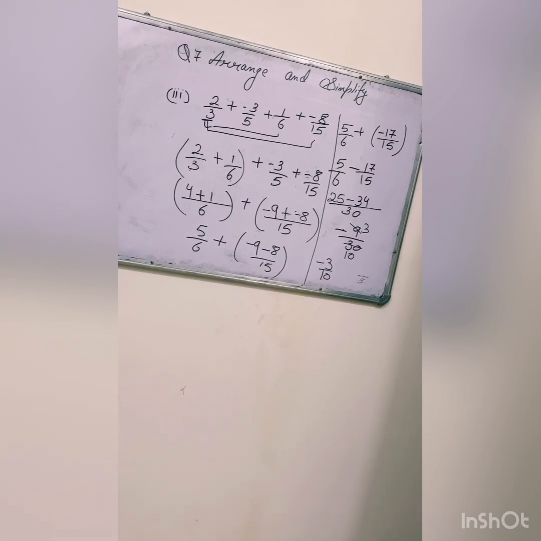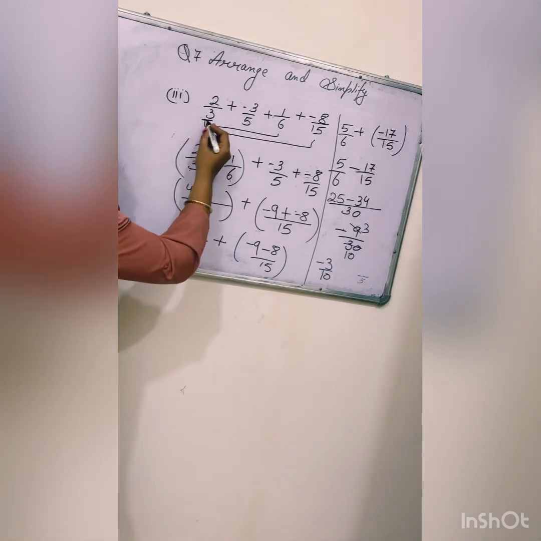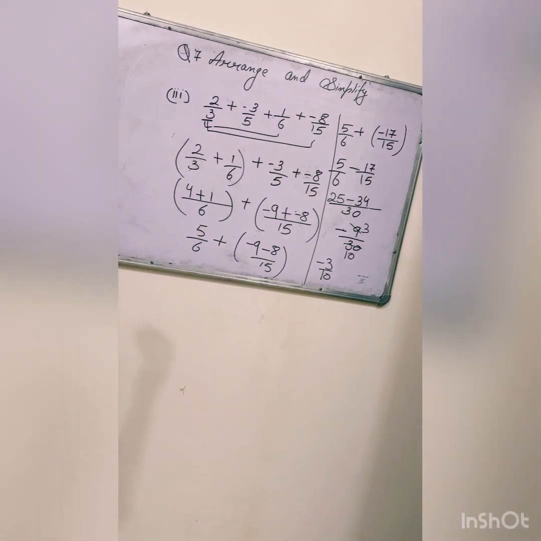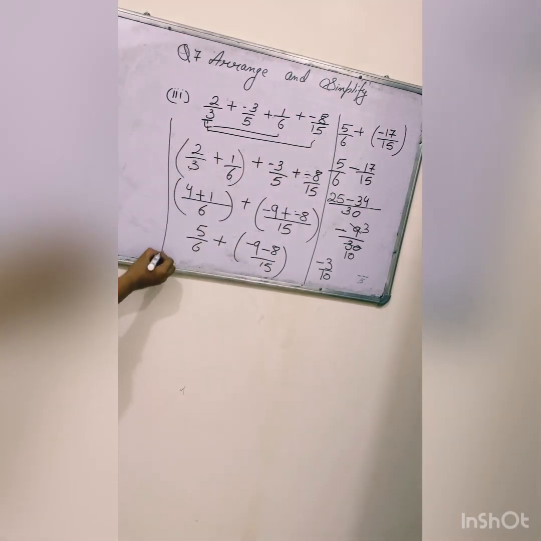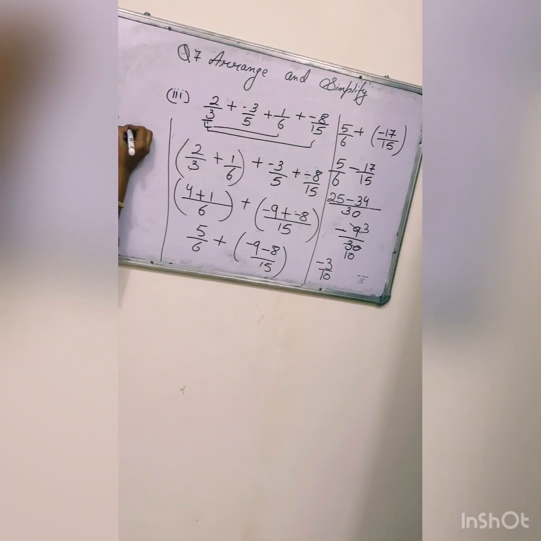See what we did. First, our very first step was arranging it. Right? After arranging it, you can do it in either way. Either we pick the multiples and write all three numbers together and take the LCM. It is like this. If there is any confusion, 2 by 3, I put 1 by 6 and minus 8 by 15 together.